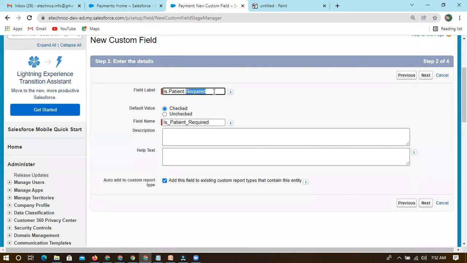Instead of "is patient required", can we give some other name to payment? Or otherwise you just add some text.